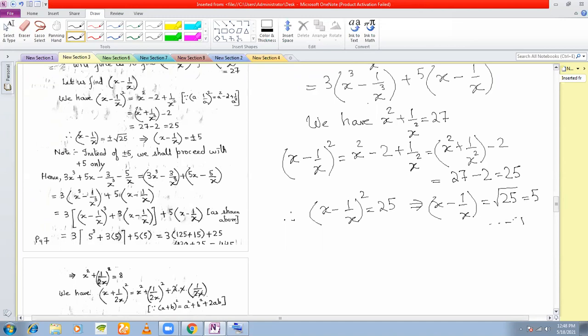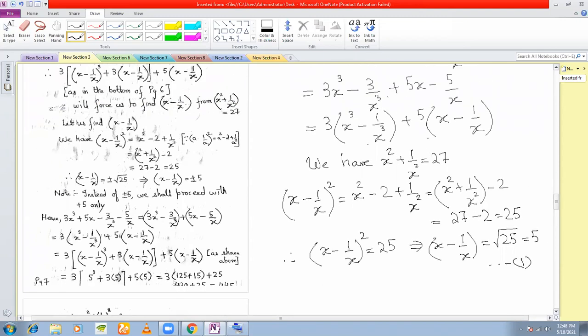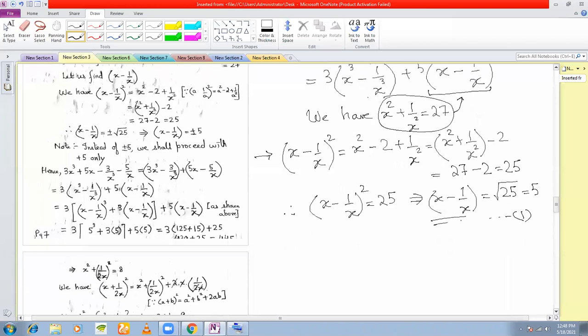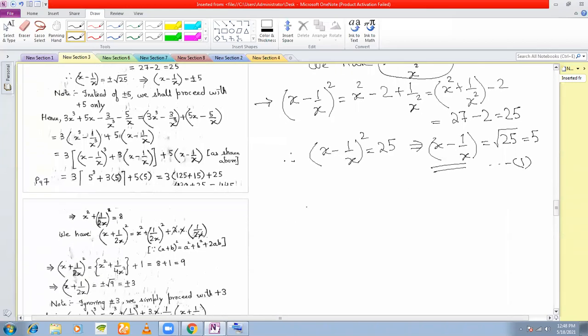Okay, let us call this 1. We'll be using this later on. So we have got this value here. So from power 2, if you see, I've got the value of power 1 by this method. Now, once we have got the power 1, we can now move to power 3.